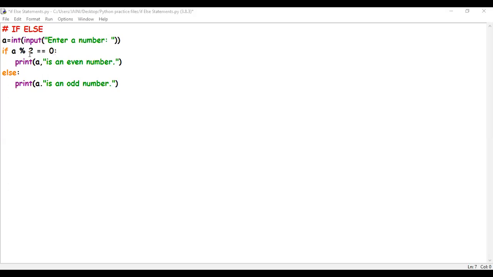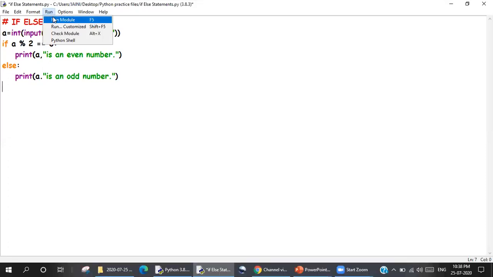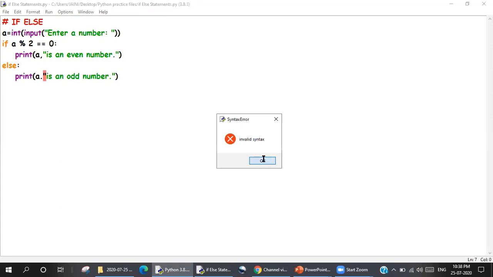If these two are the same, then it is an even number. Else, of course, it will become an odd number. Okay, let's run this. What is my error? Comma.